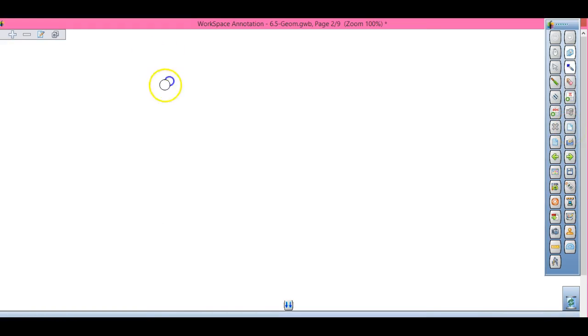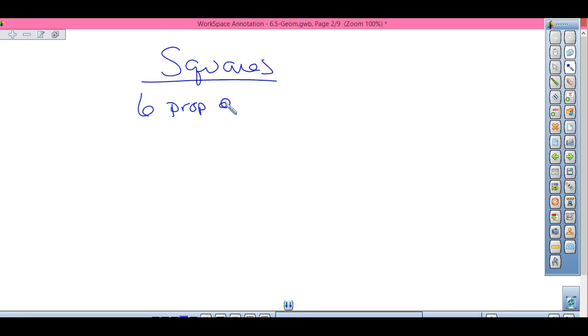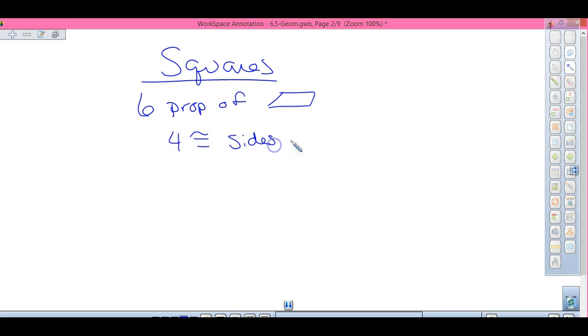So it has the 6 properties of parallelograms. Since it has 4 congruent sides, it has all the properties of a rhombus, which are